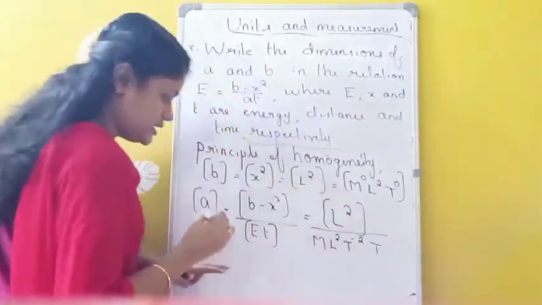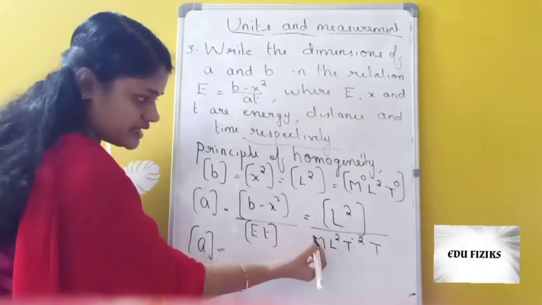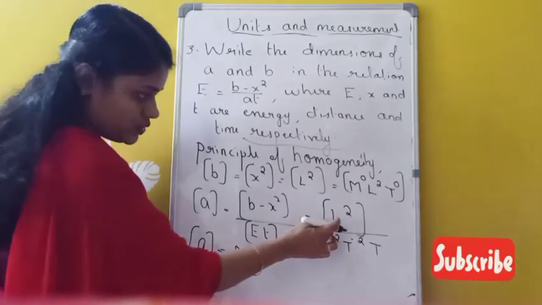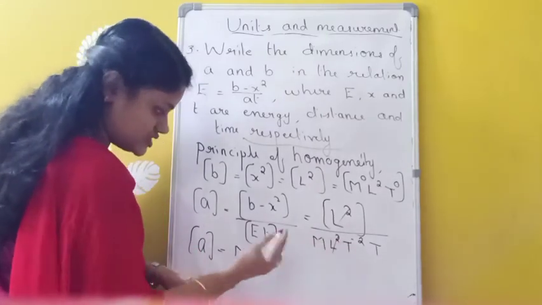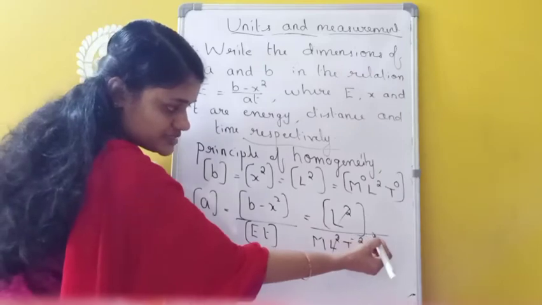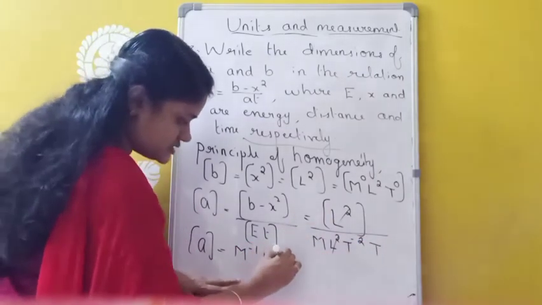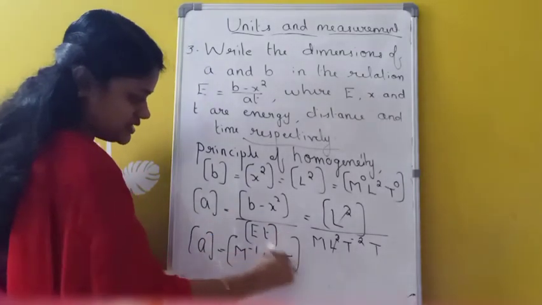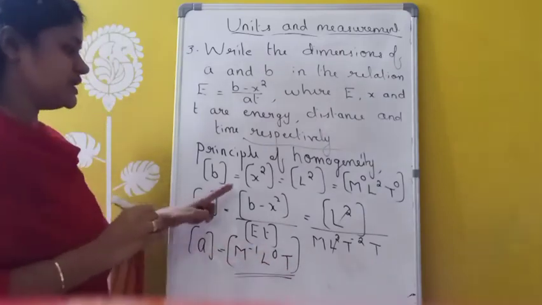Capital T. Okay. Now we have dimension of A as, okay, this M I am taking the numerator, that becomes M raised to minus 1. Now here one L square both will be cancelling. Okay. So L raised to nothing is there. So L raised to 0 here. Then T raised to minus 2 plus here T raised to plus 1. That means T raised to minus 1. Taking numerator it becomes T raised to plus 1. Okay. So we are getting as M raised to minus 1, L raised to 0. This is the dimension of which one? A. And dimension of B is how much?